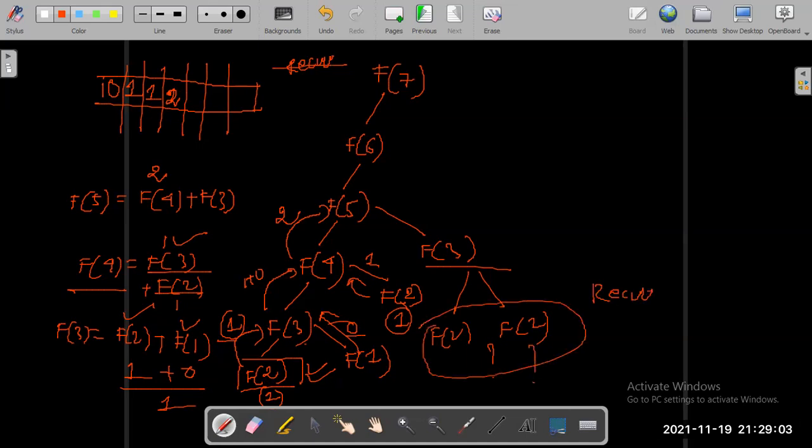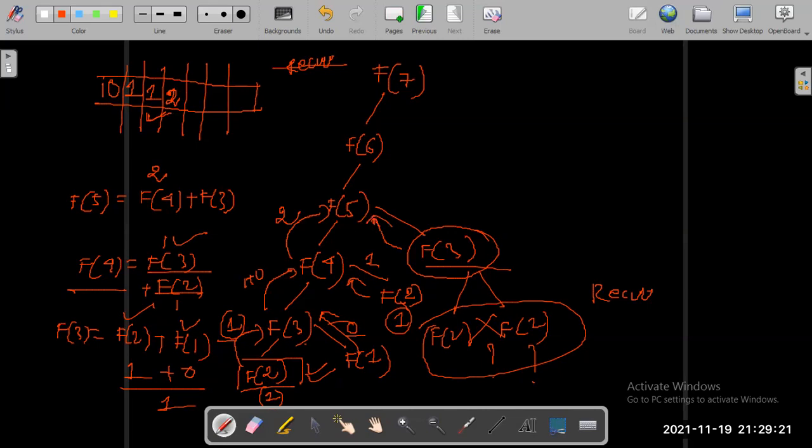But since this value has been calculated and I have stored it in my table, I can directly return it. No need to call this function again. Let's return it as it is.